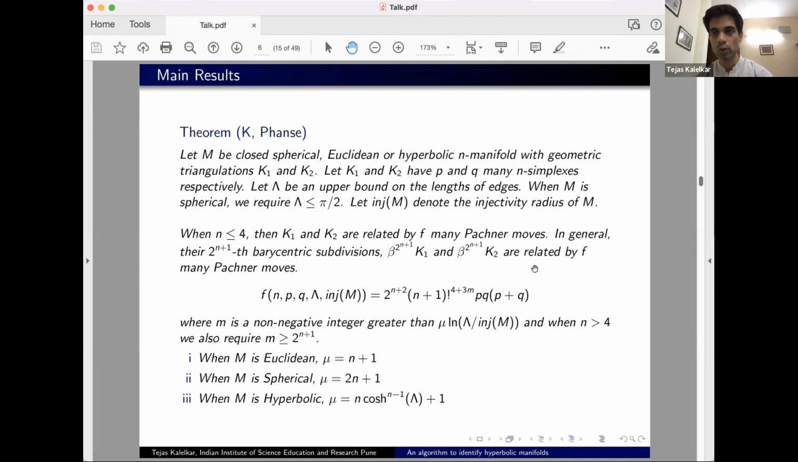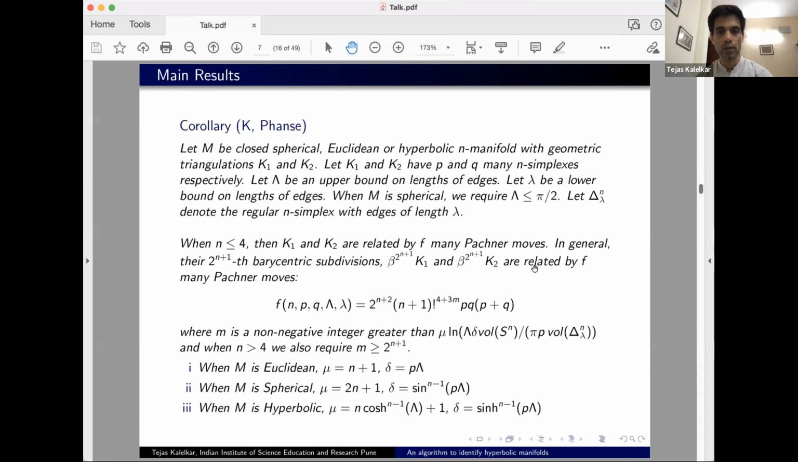Now, of course, the jarring note over here is the requirement of injectivity radius, because really we want something which depends only on the geometric triangulation. So the injectivity radius is not really known. Fortunately, for constant curvature manifolds, the injectivity radius can be bounded in terms of the volume and diameter. And both volume and diameter can be bounded in terms of the lengths of edges and the number of n simplexes. So we have this corollary, which is what we were looking for,